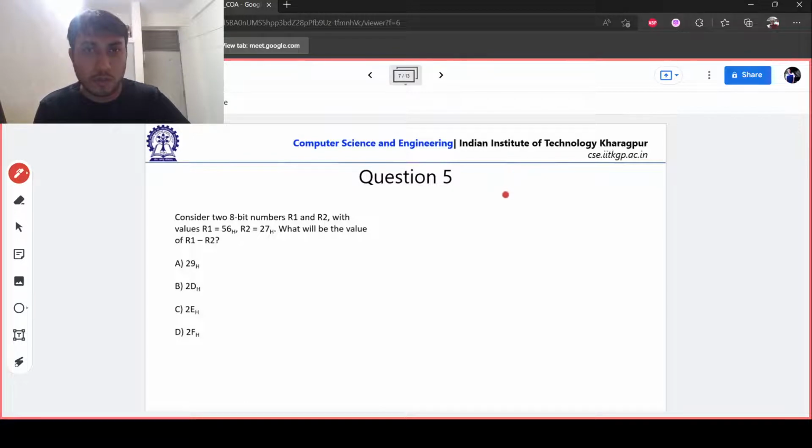So R1 minus R2 is basically 56H minus 27H. So this 6 is smaller than 7, so basically we have to borrow 1. So if we borrow 1,